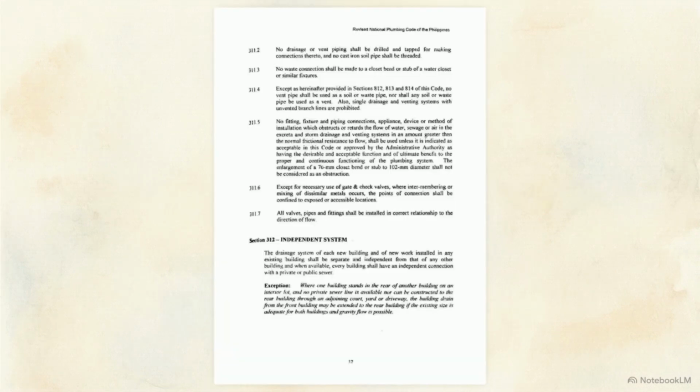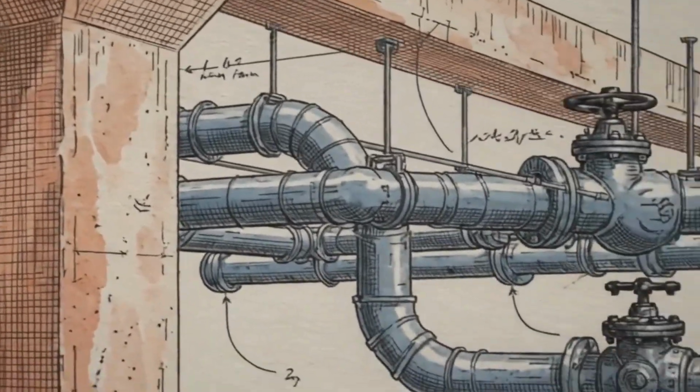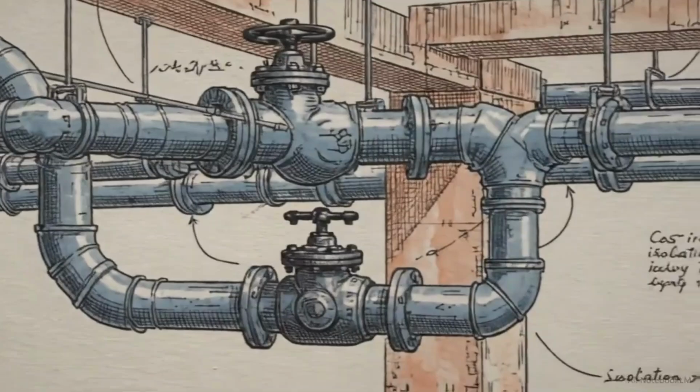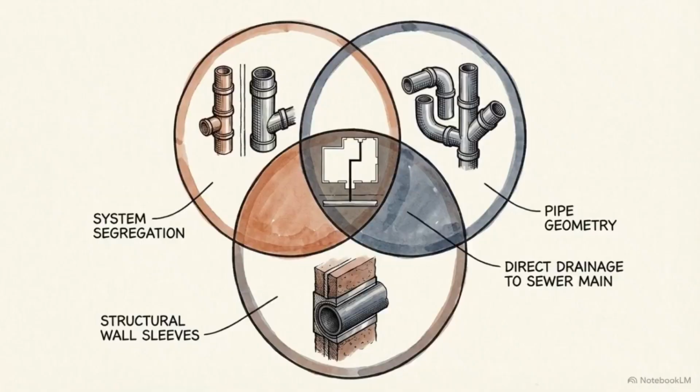Section 314 mandates chemical isolation. Pipes in corrosive materials require polyethylene sheathing. Voids in concrete floors must be sealed with bitumen. The code is absolute. No structural member shall be weakened or impaired by cutting, notching, or altering it for plumbing. Structural protection ensures that the building does not damage the pipes, and that the plumbing installation does not compromise the stability of the building. These three domains, segregation, geometry, and protection, converge to define the core standard of the code,